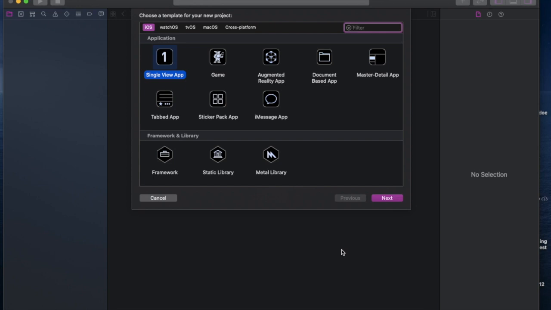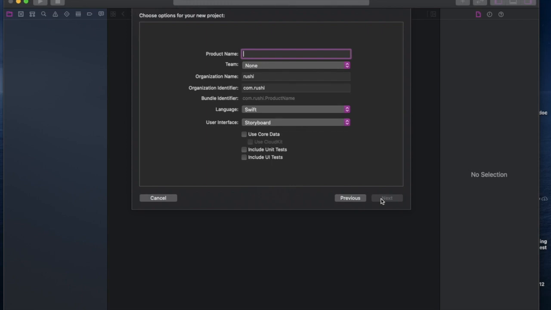So today we are going to discuss the networking part of iOS programming. I'll show you how to parse JSON using the latest Swift Result type as well as generics. So let's get started. Let's create a single view application and name it